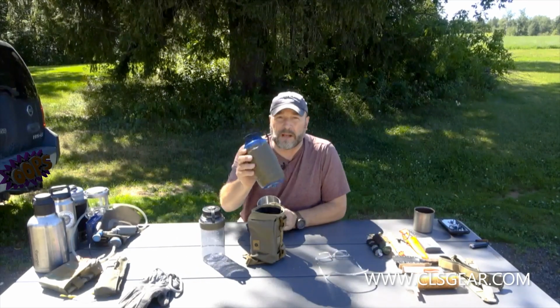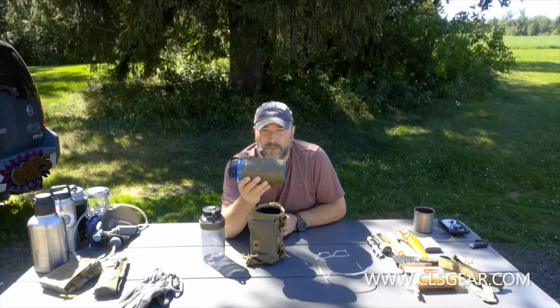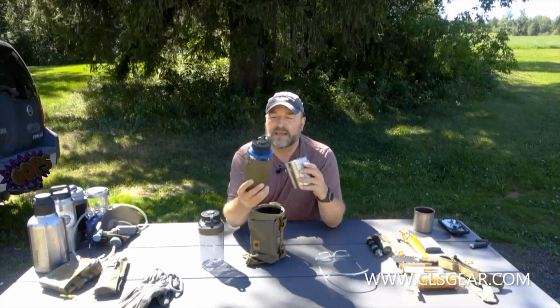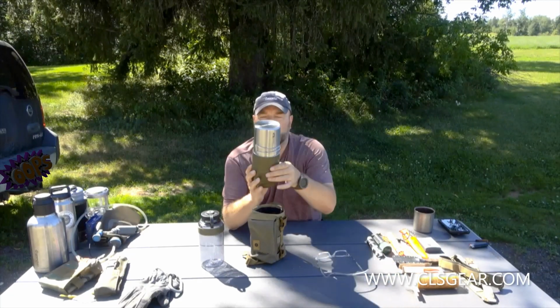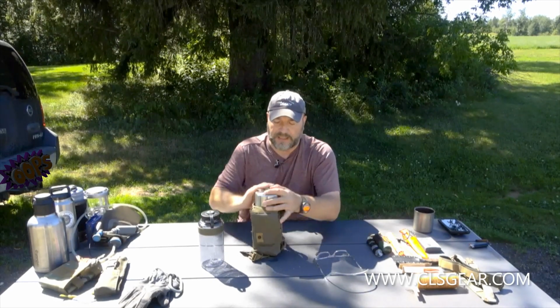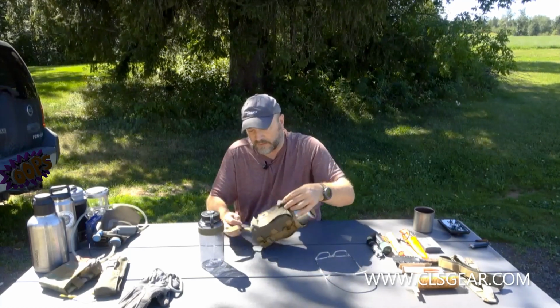But if you're doing it on a Nalgene, it isn't going to work if you go the whole length of the body. You have to just do the top. However, that doesn't mean you still can't use a nesting cup, because if you stop short enough and figure this out, you can just put your nesting cup on the top of the Nalgene bottle and fit that in there, depending on what you're using, like so right here. And I'm not going to go through the strap,